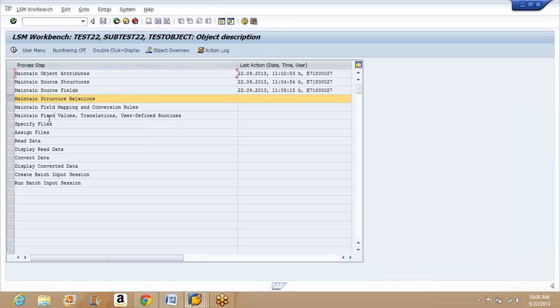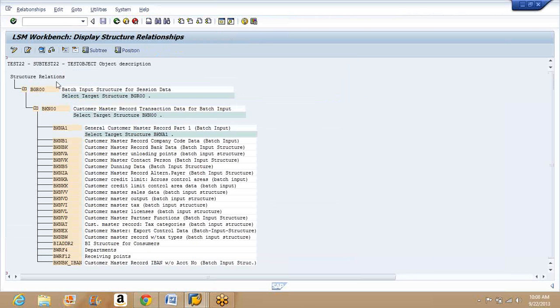So go back. Once we are done with maintaining source fields, the next step is to maintain structure relationships. That is, we need to give the relationship to the structure which we have created. Once we click on execute, it goes to the structure relationships. As we have only one source and one target structure,